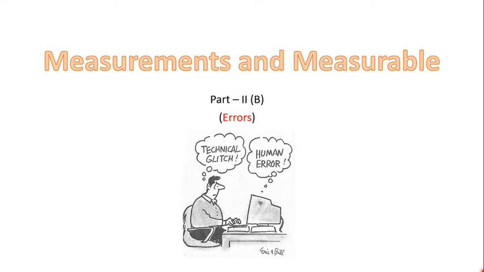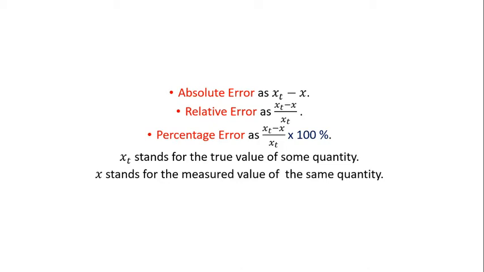Welcome to another episode of Measurements and Measurable. This is the second half of part 2, where we are discussing experimental errors. In the first half, we arrived at this formula, or rather, we discussed this formula. And we told you that the big question is,